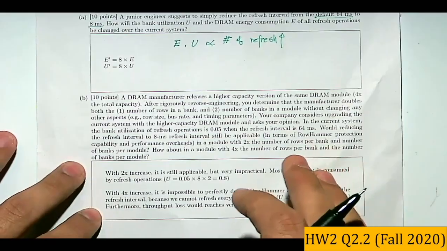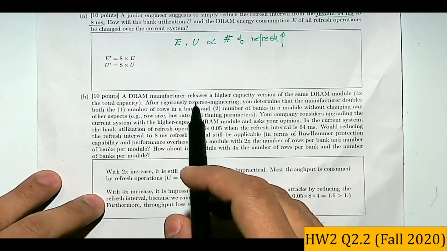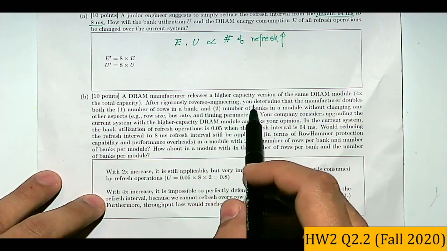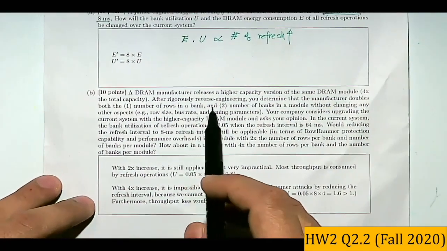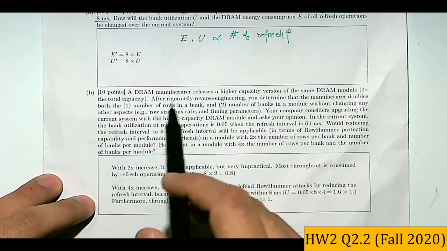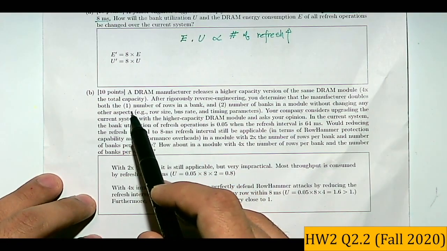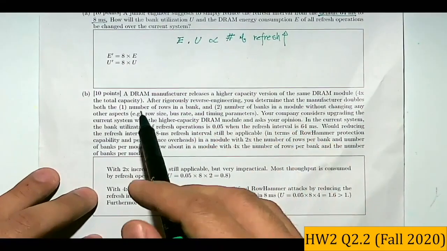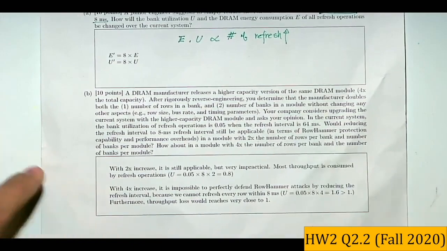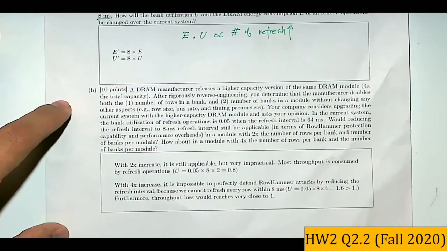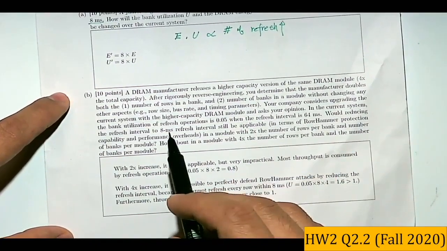So the recent DRAM manufacturer successfully released a higher capacity version of the same DRAM module. And you figured out, with rigorous reverse engineering, that they only doubled the number of rows in a bank and the number of banks in a module without changing any other aspects. So in this question,